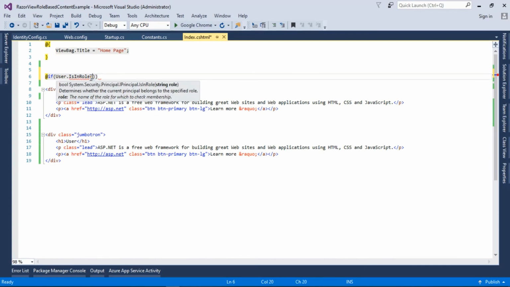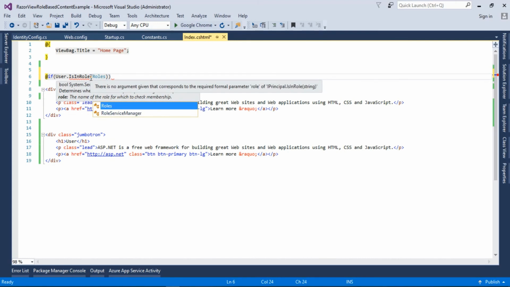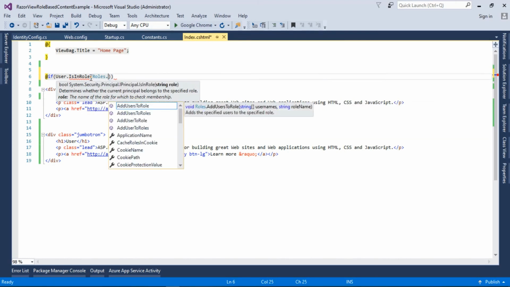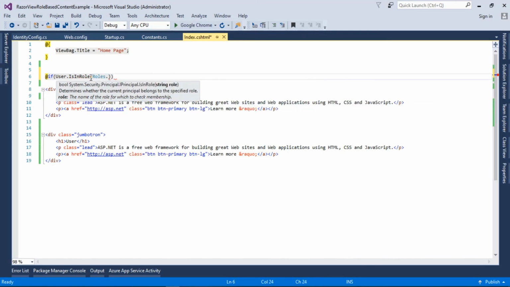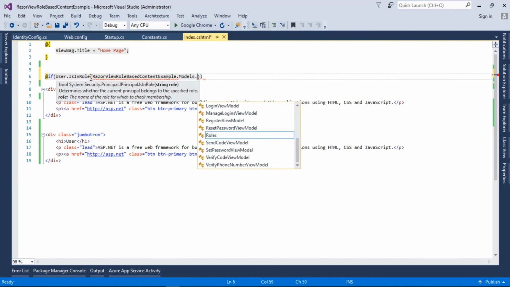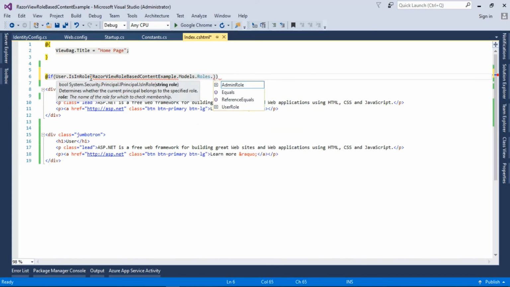So we will have Roles dot, so I will need to add the correct roles. So we'll type the project name first of all, RazorViewRoleBasedContentExample.Models.Roles.AdminRole.